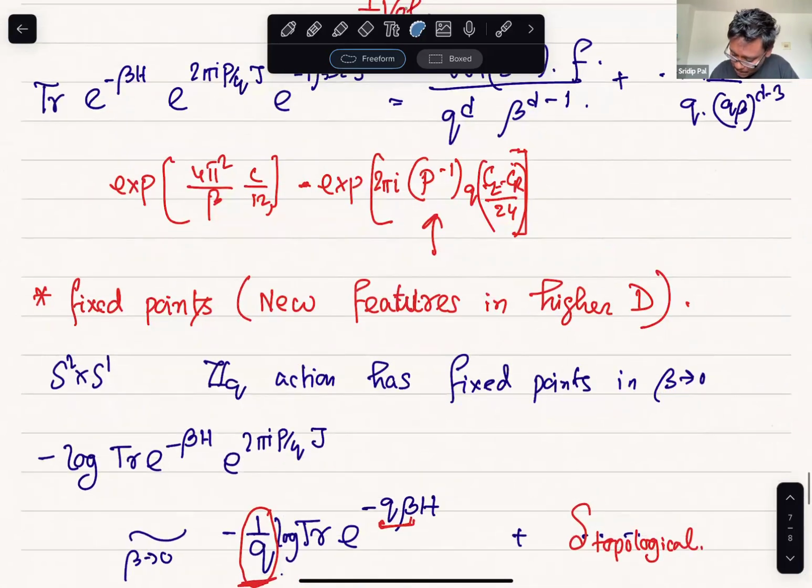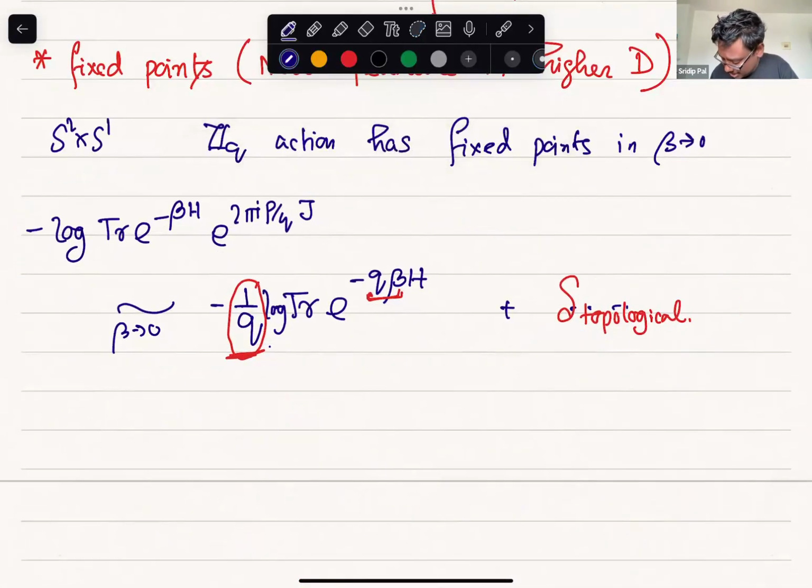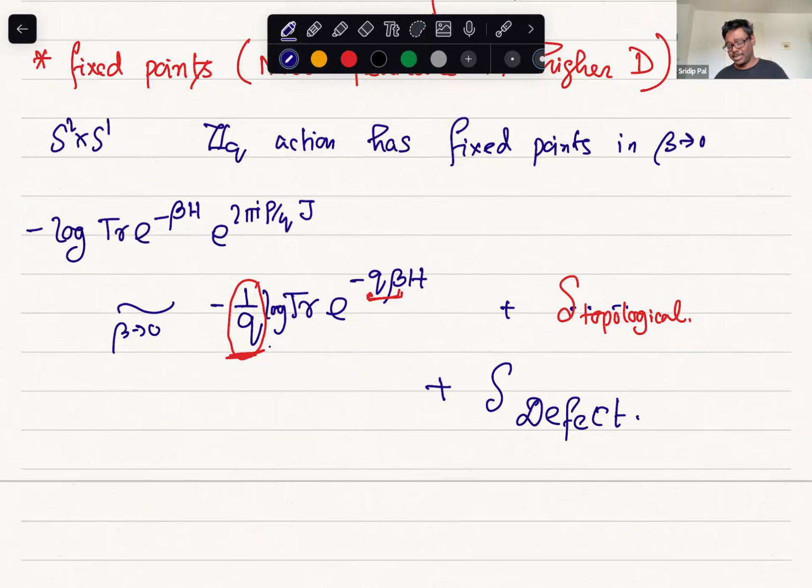Here, we will have extra pieces, which we call S defect. And then one should write down some effective field theory, which has support on this north pole and the south pole of S2 times S1. So this is some new EFT data